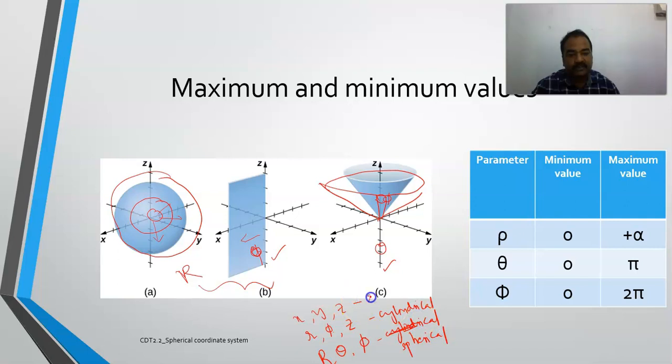And this is the rectangular coordinate system. This is the representation which you'll be following in this course from now onwards. Now, as already discussed, what are the minimum and maximum values of R? It will vary from 0 to infinity, whereas phi varies from 0 to 2 pi, whereas theta, if you carefully see, the maximum value of